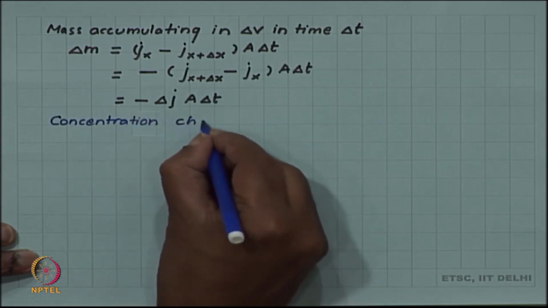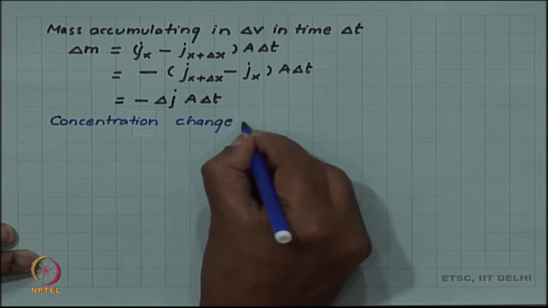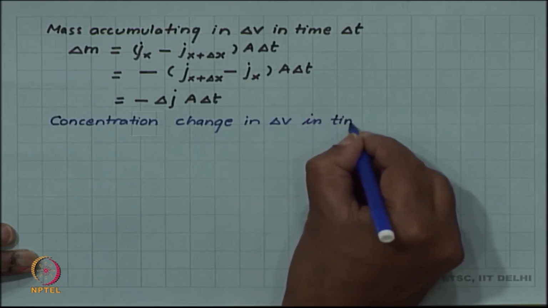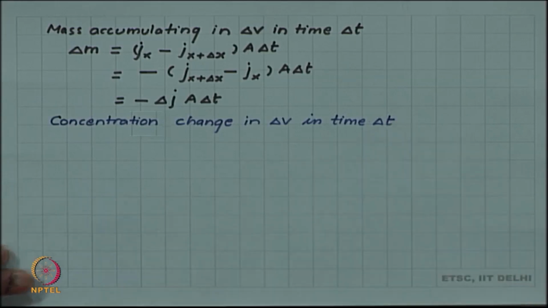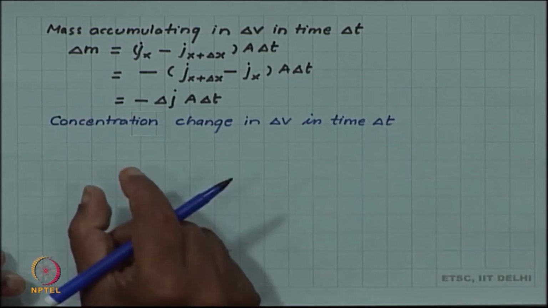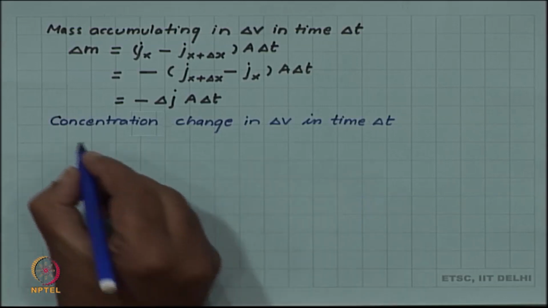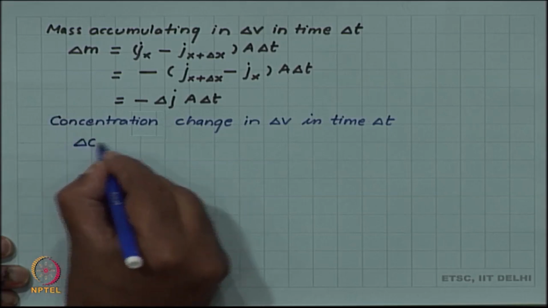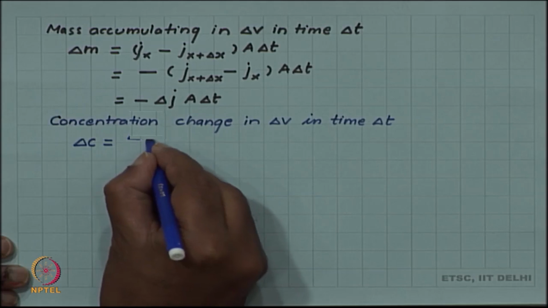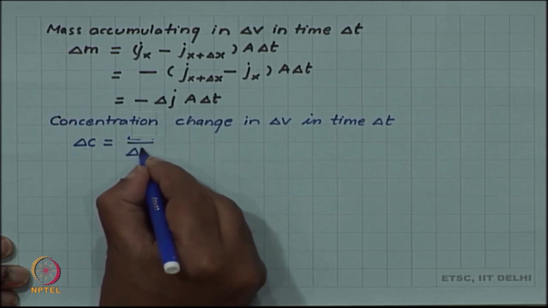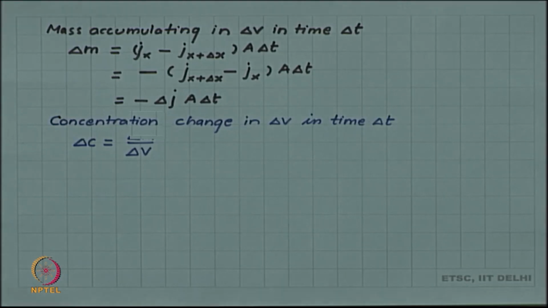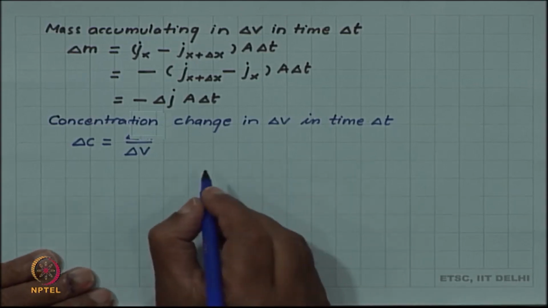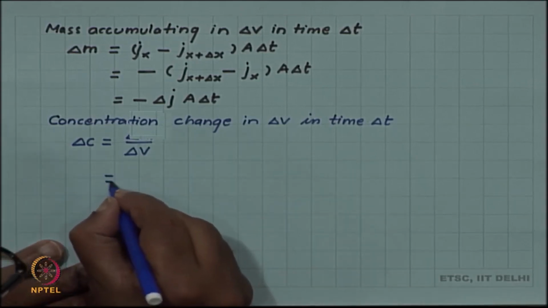So, concentration change or change in concentration in delta V in time t. Now, remember that in Fick's law we are using the concentration as volumetric concentration. So, by very definition the concentration change delta C is mass divided by volume. So, it is delta m by delta V. Delta m is the change in mass and delta V is the volume of the element which we are considering. And if we write this as